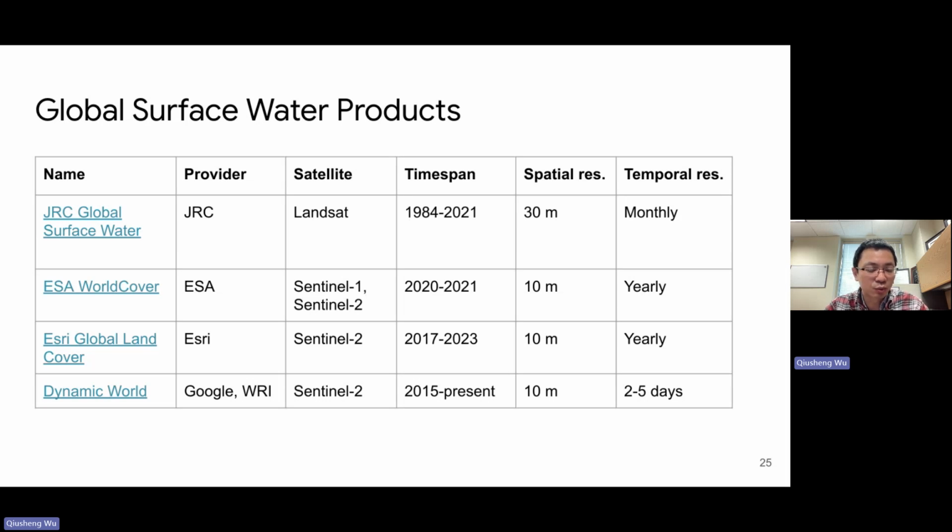And keep in mind, surface water bodies change all the time, especially temporary surface water bodies. For a permanent one, if you have a boundary, a lake or something, it might not change much. But for those temporary surface water bodies, it changes all the time. So one imagery per year is sometimes not enough. If this is the case, then you might want to try out the Dynamic World datasets from Google and